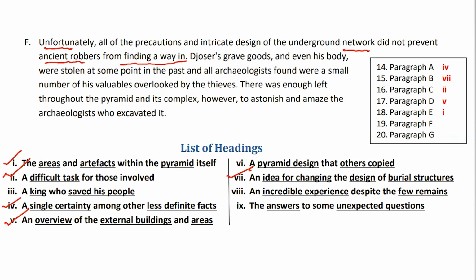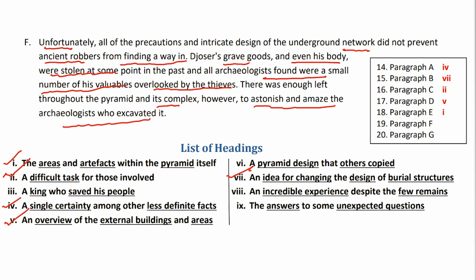So those grave goods, and even his body. Grave goods means the important goods were stolen. They were stolen at some point in the past, and all archaeologists found were a small number of his valuables, overlooked by the thieves. So thieves did not see this, or they overlooked, and these valuables were left. So there was enough left through the pyramid and its complex. However, now to astonish and amaze the archaeologists,